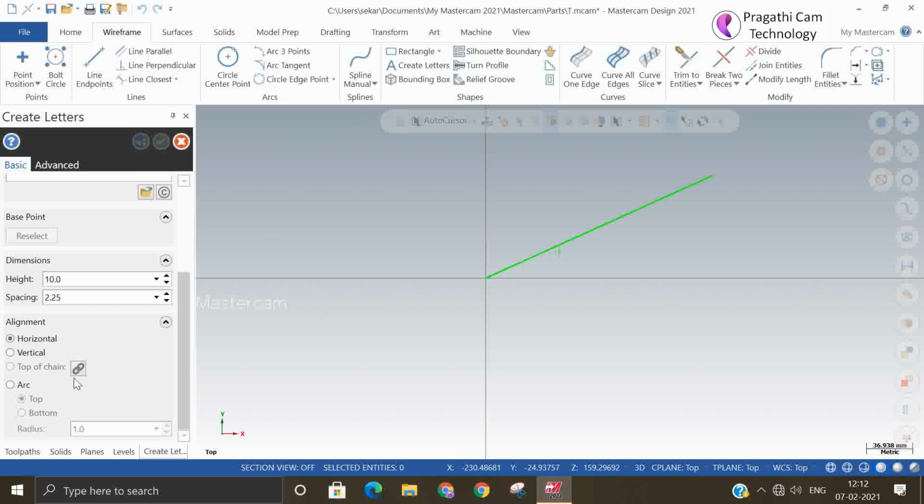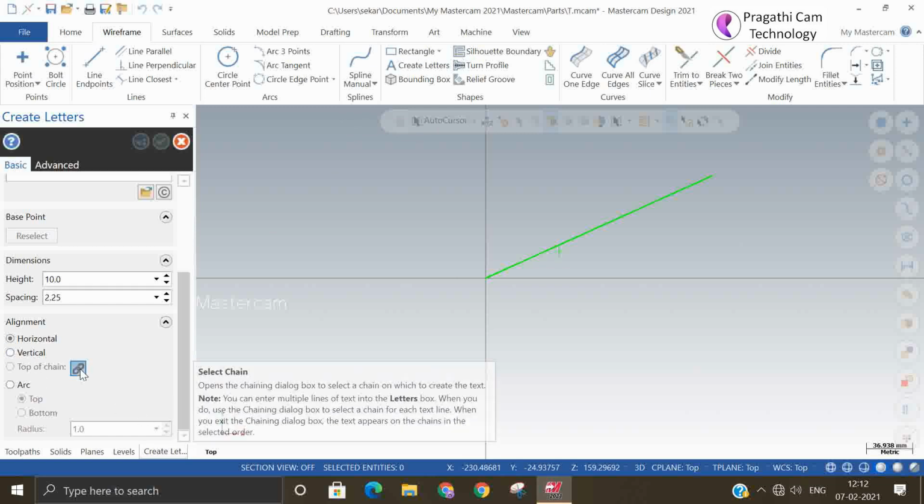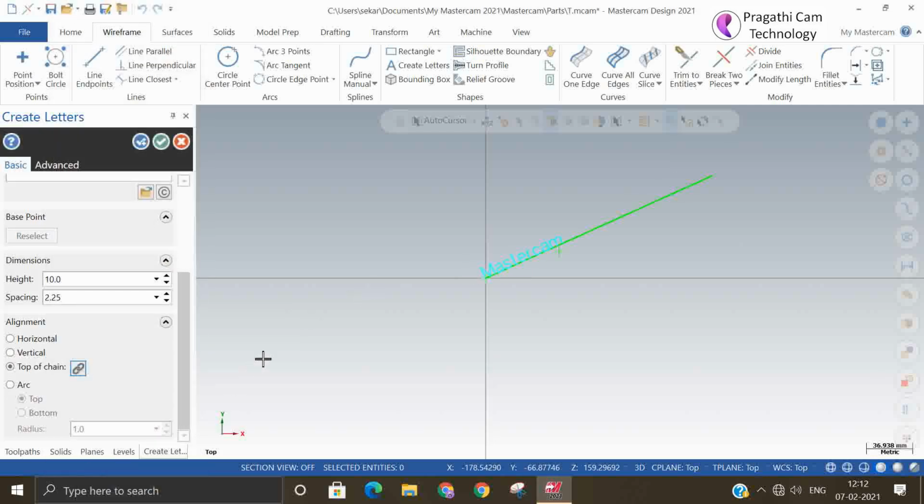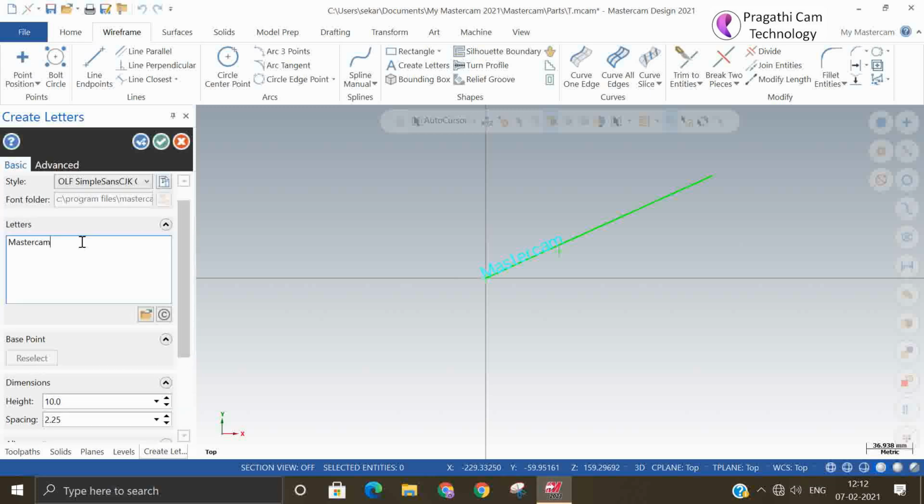Align horizontal, vertical or chain also available. So on that particular line I have aligned it. So whatever thing you are writing, it will be visible to you. A little I will move it, keep it at the center.